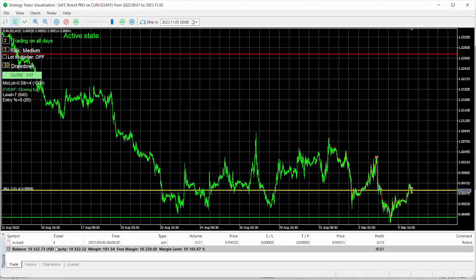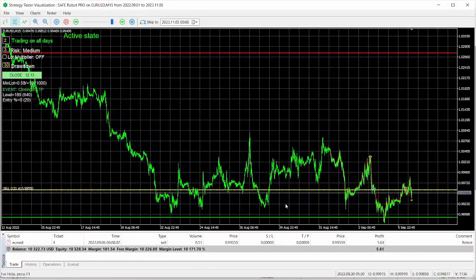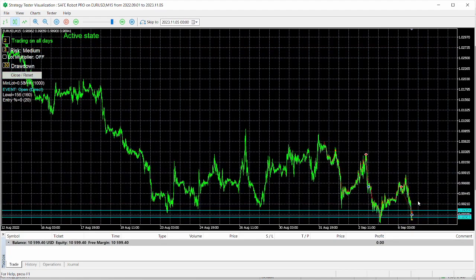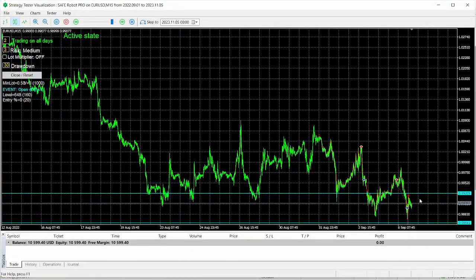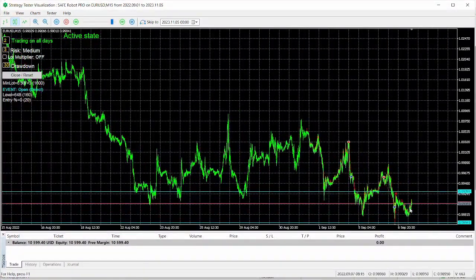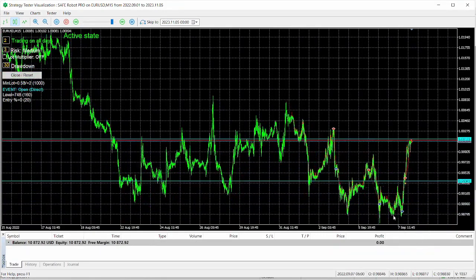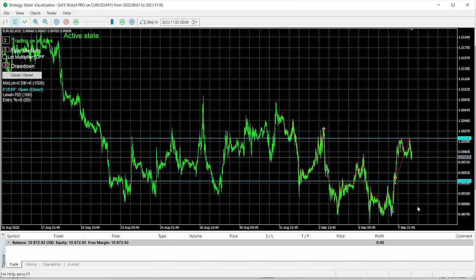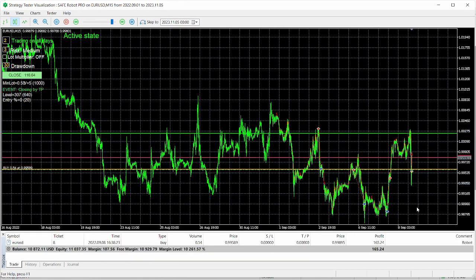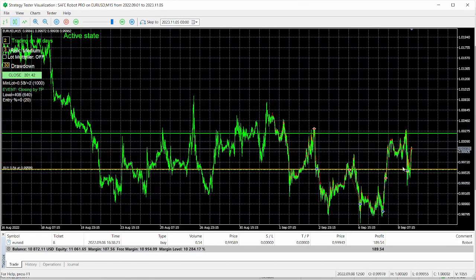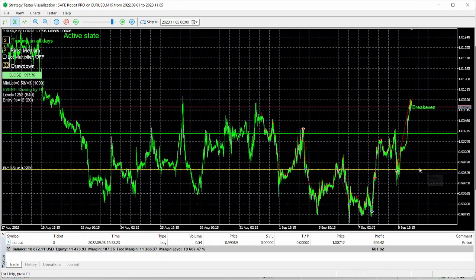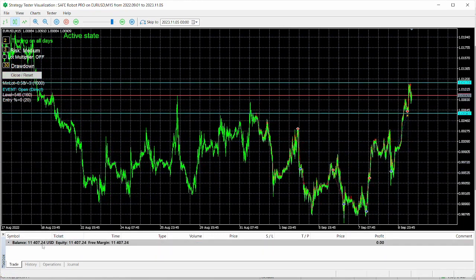Okay, another thing you can note about the system is that whenever it places a trade, there is no stop loss or take profits here. Alright, so it says it actually uses a virtual stop loss and take profits. So there's a possibility that it could use stop loss and take profits. Okay, so that's one thing to take note of. And you can see also it's trading a support and resistance here. You see we're up about